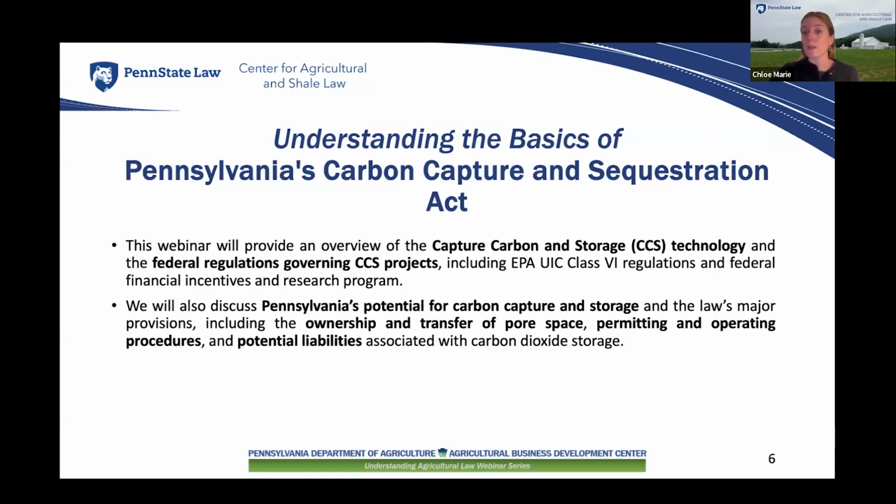the atmosphere. A few states have already adopted legislation to support the development of carbon capture, utilization, and sequestration projects, with Pennsylvania recently joining them following Governor Josh Shapiro's signing of Senate Bill 831 into law, now Act 87 of 2024, known as the Carbon Capture and Sequestration Act, allowing for the underground storage of carbon dioxide in the